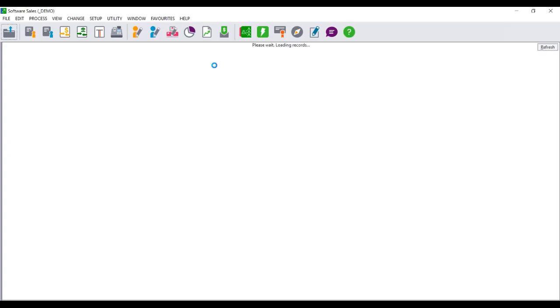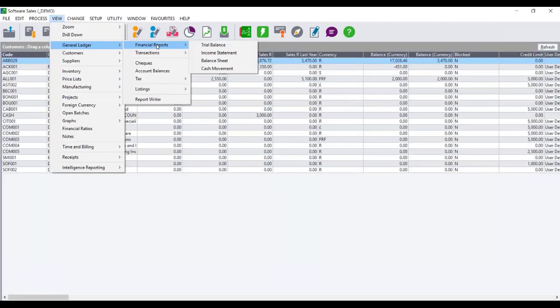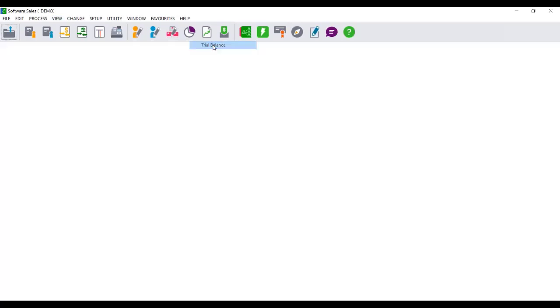Then, guys, to get into the other reports. I did the transactions first, but obviously you have your financial reports. So this is where you're going to view your trial balance, your income statement, your balance sheet, and your cash movement. So, guys, with your balance sheet, there are a couple of settings that I just want to bring to your attention